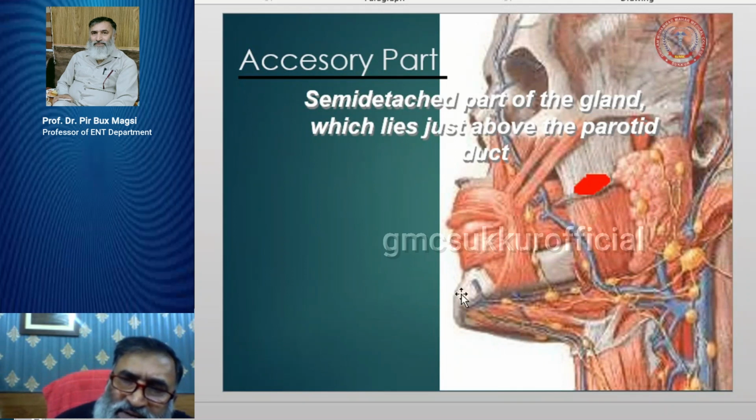Now bacteria travels through the oral cavity through this parotid duct and causes suppuration in the parotid gland. It is a very painful phenomenon. In viral parotitis, the virus either comes through the blood circulation or from the oral cavity, and involves the parotid gland. There is a diffuse enlargement of the parotid gland and it is also painful, but less painful as compared to bacterial parotitis.